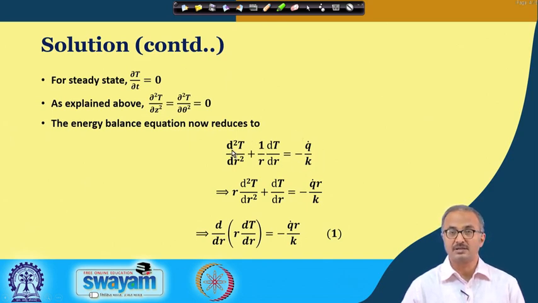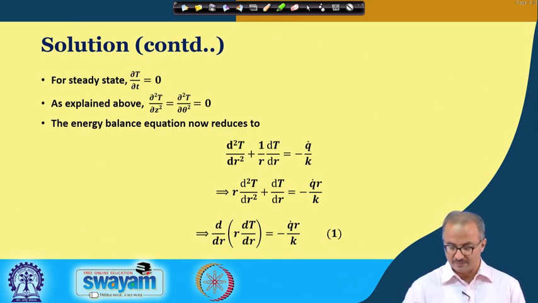With these considerations, we are reducing the given energy balance equation to a steady state energy balance equation. You can note here that earlier we were using the partial derivative, now we are just using d. You must do this kind of transformation whenever you are solving these problems. This is simply mathematics, where this whole term can be reduced to this particular term. This is the equation we finally get after making all the assumptions.